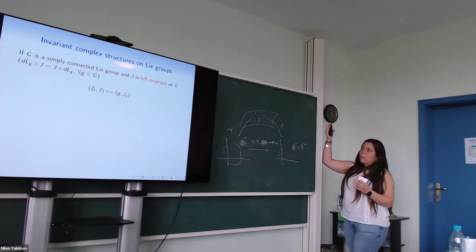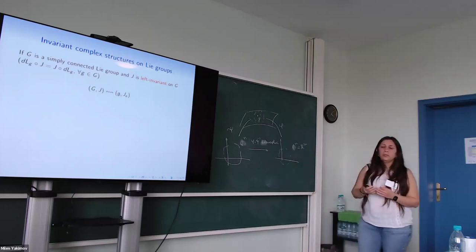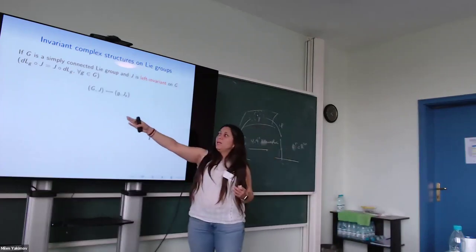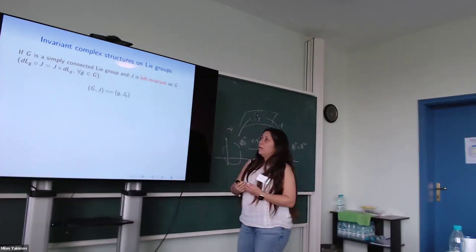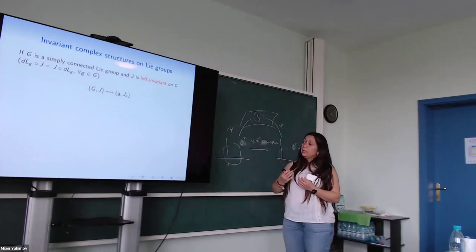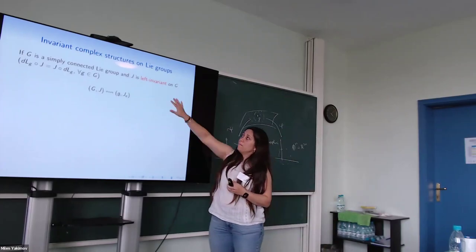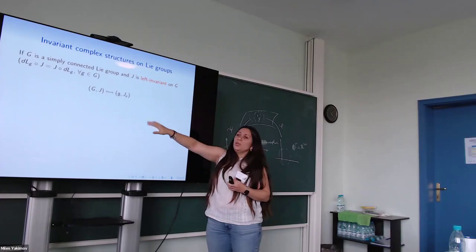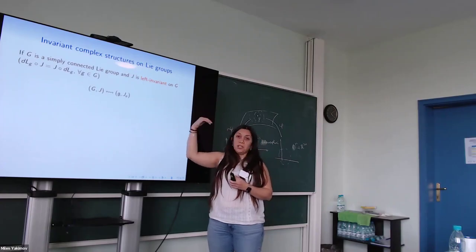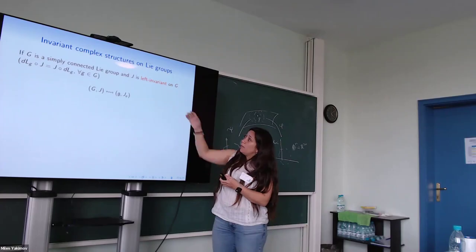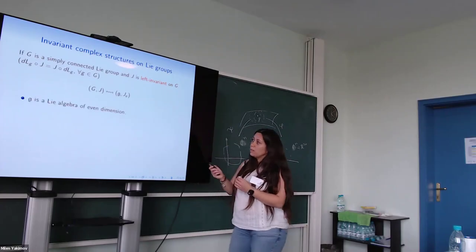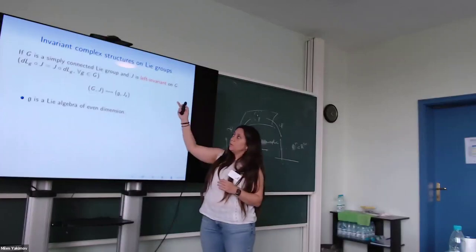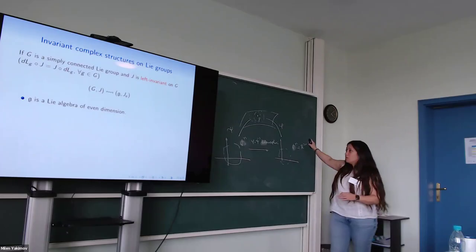So the picture will be, we are going to start with a simply connected Lie group. If you have a simply connected Lie group, you can define the Lie algebra, that is so well known. And in general, if you have a complex structure, you can focus on the identity. If you focus on the identity, since we are working with complex manifolds, we are going to have